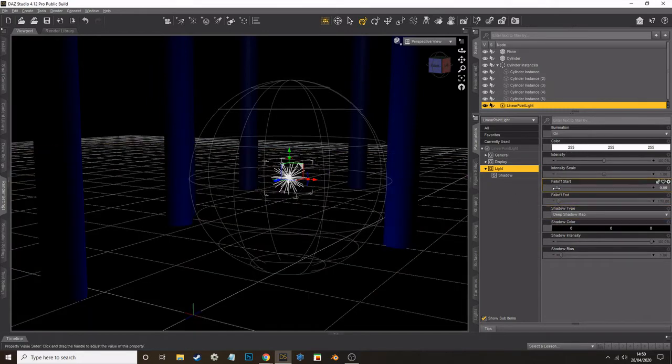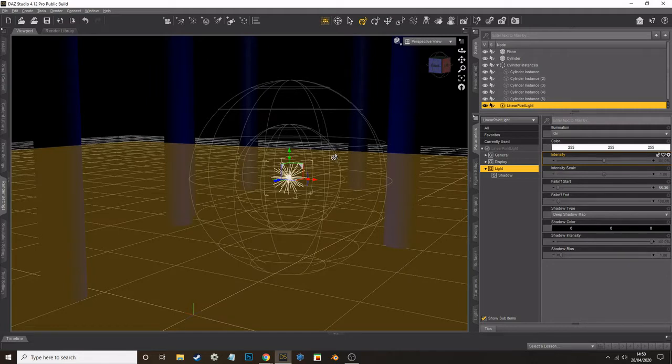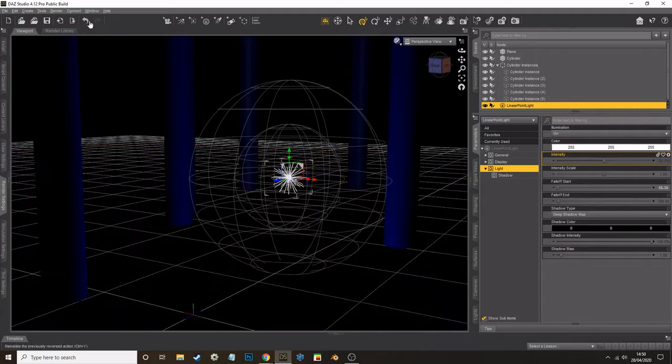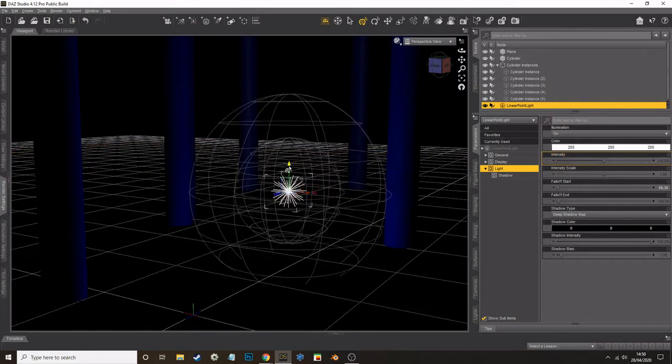The fall off start, you can see the inner mesh frame there. That is where the full intensity of the light goes up to. Then the light will decay between the fall off start and the fall off end. So if I render as it is now, actually you won't see anything now. If I render, move that down,